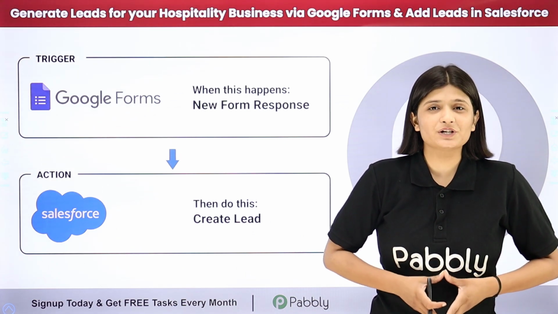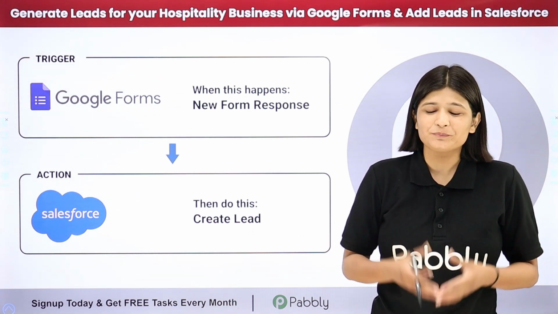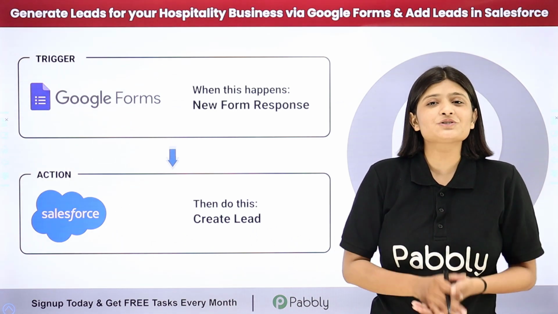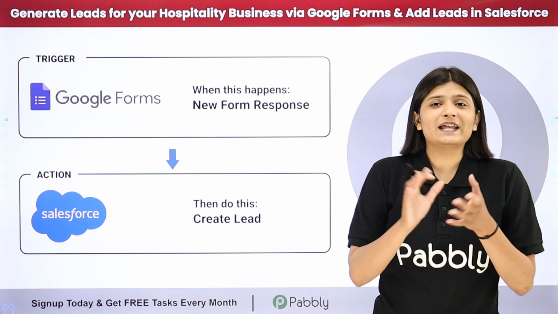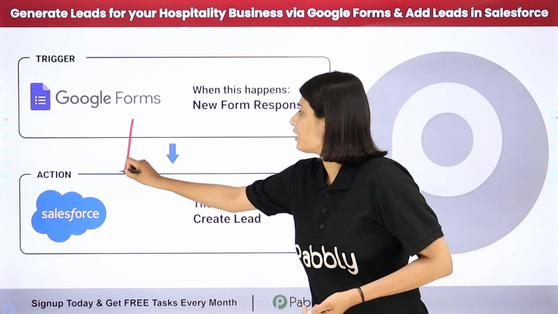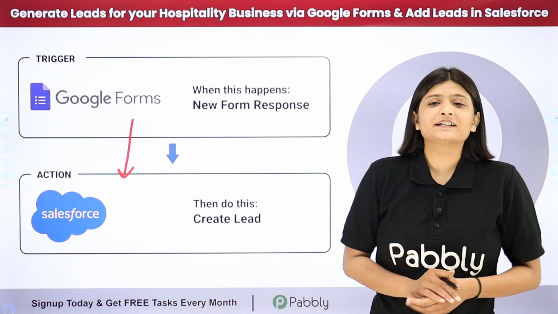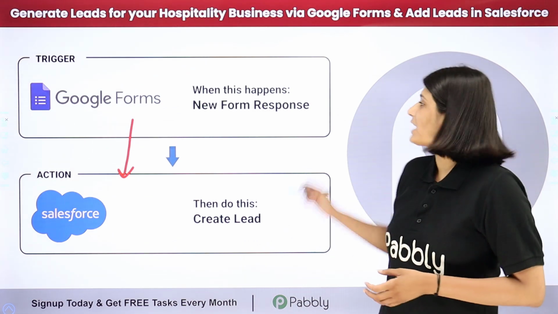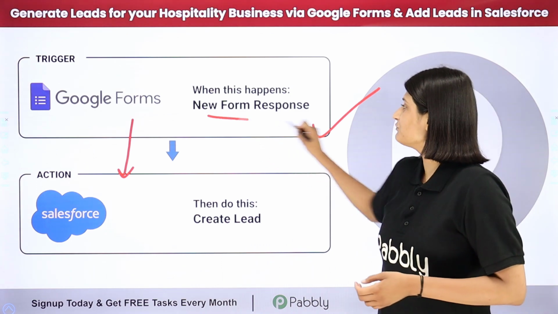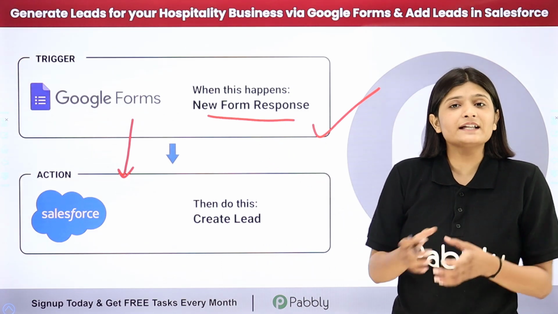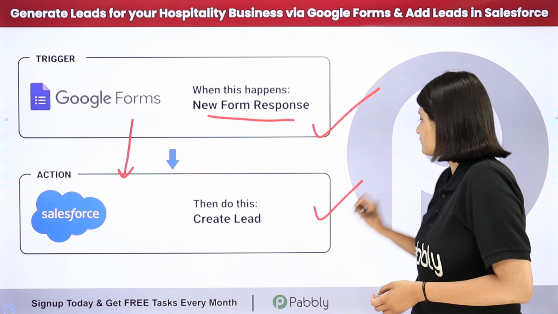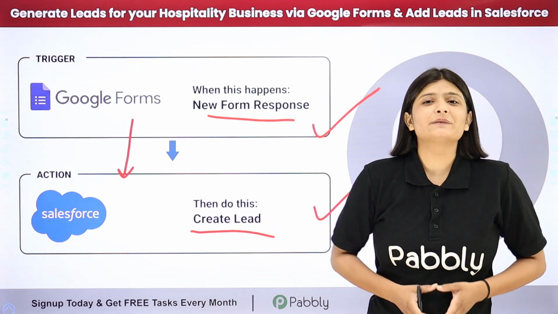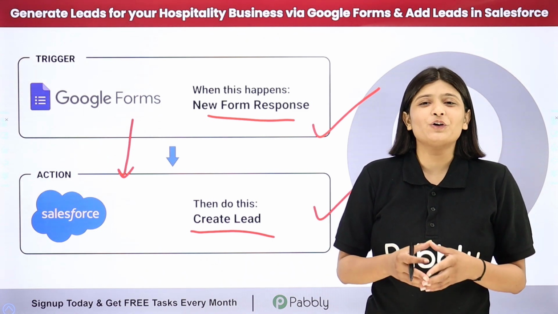So I can do this automation with the help of Pabbly Connect. So Pabbly Connect is an amazing automation and integration software which requires no coding or programming skills. Here I just need to build connection between Google Forms and Salesforce. Pabbly Connect runs on two principles, which is trigger and action. Here as my trigger application, I will take Google Forms from where I will receive new form responses, and then in my action application I will take Salesforce where the lead will be created automatically. If you want to learn this amazing automation step by step, let me take you all to my screen.